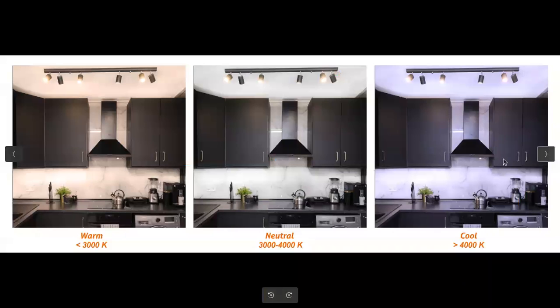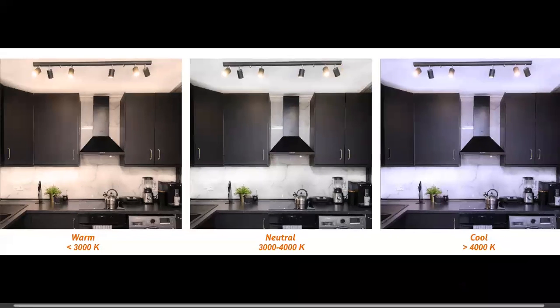We'll see some more examples. Let us say this is one particular photo. In the middle of the screen, the light source is of neutral type, like there is no color cast. The color temperature is in the range of 3000 to 4000 K. When the color temperature is increased, see the right hand side of the frame, the entire frame has a cast of cyan or blue. White is not pure white anymore. It has a cast of blue. Similarly, when the color temperature is decreased, the color has a cast of yellow.